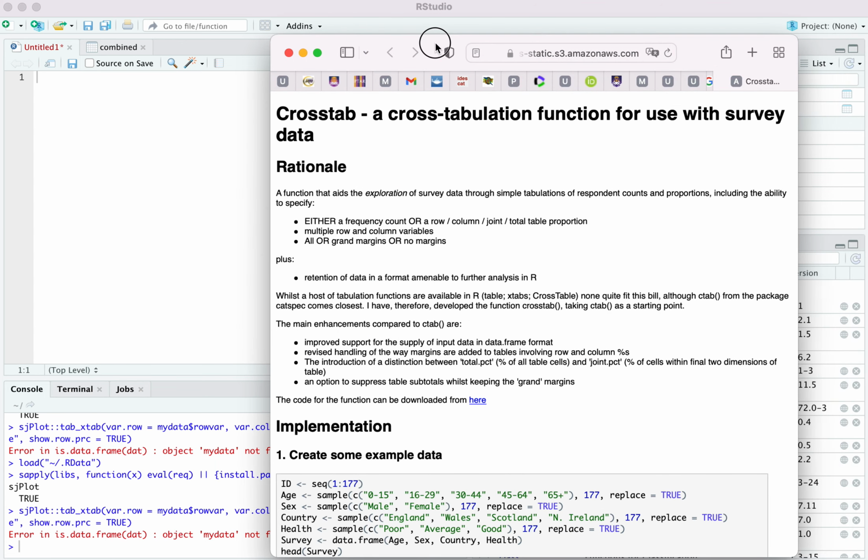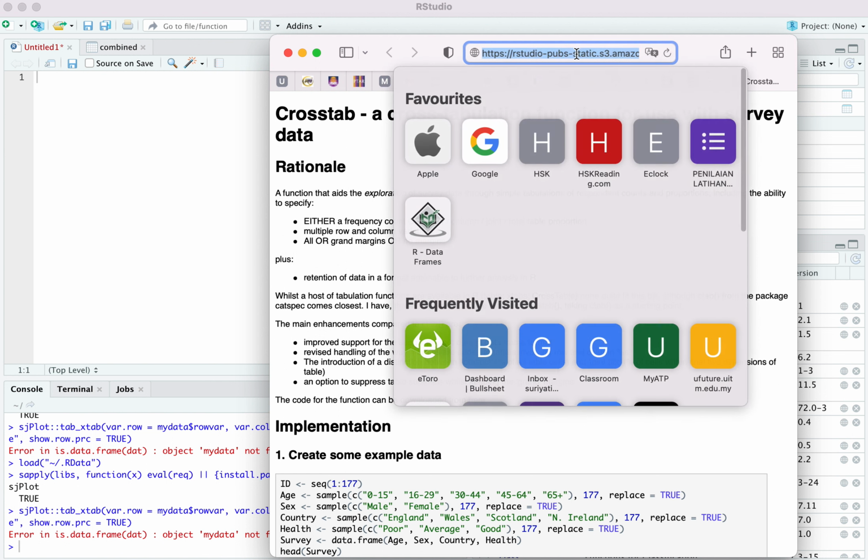We are going to learn how to do a cross tabulation table using survey data. So these are the notes that I'm going to use today. If you search for it, this is from RStudio actually. Alright, so